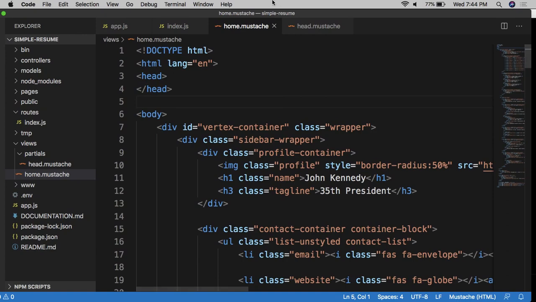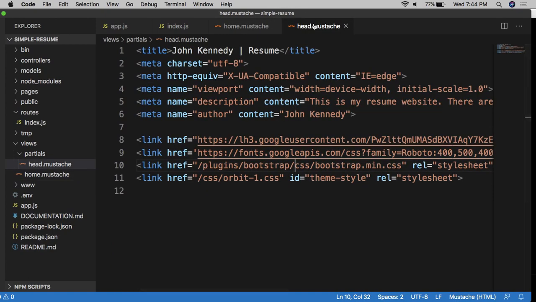The head.mustache file, and there's already stuff in there, which again I just forgot to remove. So just go ahead and remove all the stuff from the head.mustache and paste in what you had from before, from the home page. Yes, we're just moving text from point A to point B. Okay, and then go back to the home.mustache,